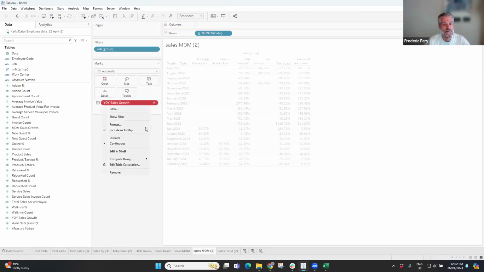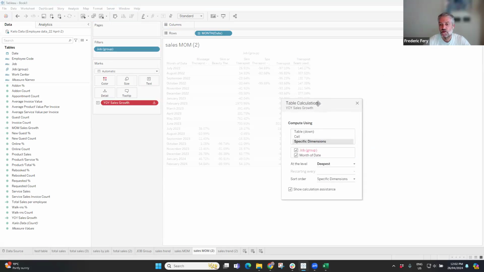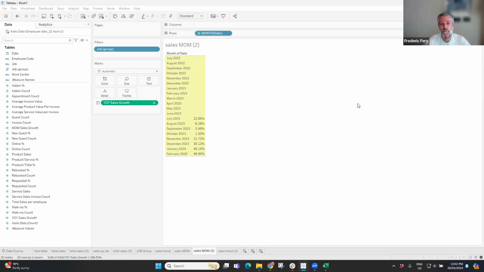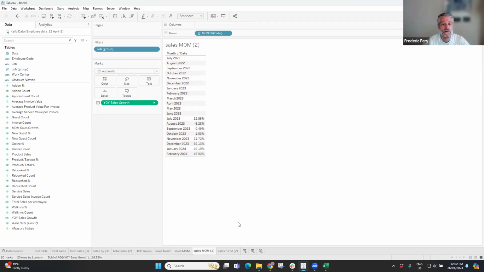When you remove that, you can just edit the table calculation and make sure the calculation is based on the view information you've got on the view. Because I've removed the group there, those are the groups, the jobs. I'm only looking at the numbers, the big numbers over time. You can see that's now reflecting that, where we made 49%